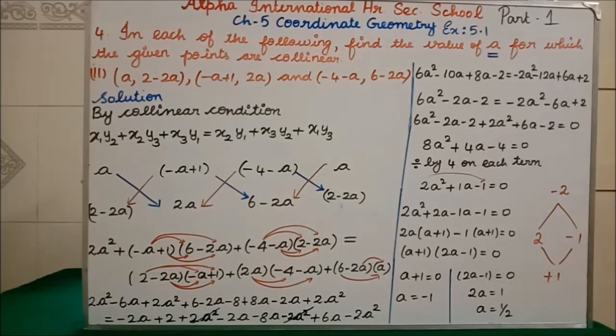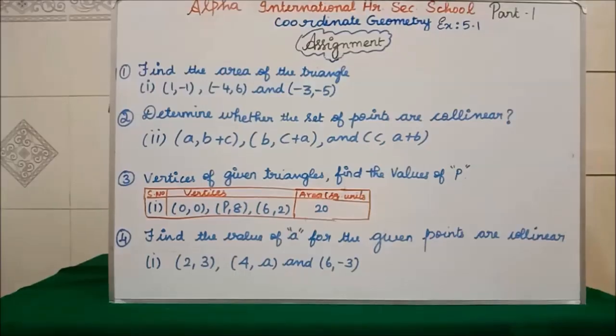Clear, students? In the fourth question, the second subdivision is only this much big and the first subdivision is very easy. So, try by yourself. Next, we will see the fifth question. Fifth question we will see in the part 2 video. Now this is your part 1 assignment. So far we have done in exercise 5.1 problems, isn't it? The same model we are going to do. You are going to do these 4 questions as your assignment.